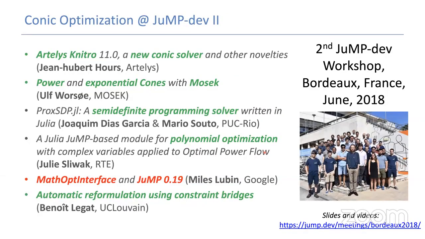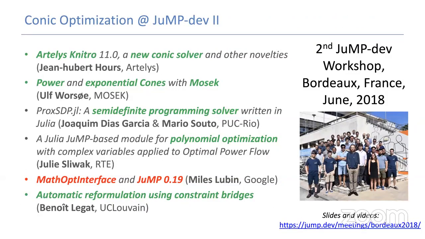And the following year in 2018, in the second workshop, we see that it had a lot to do with conic optimization. MathOptInterface was introduced as the new backend to JuMP, which was very centered on things that look like conic optimization or even generalizations. Benoît presented about reformulation of these problems using constraint bridges, which is a key that makes it easy. You don't need to worry too much about what cones the solver has available. And we had people from the two solvers that I mentioned, and a lot of applications and solvers related to conic optimization.